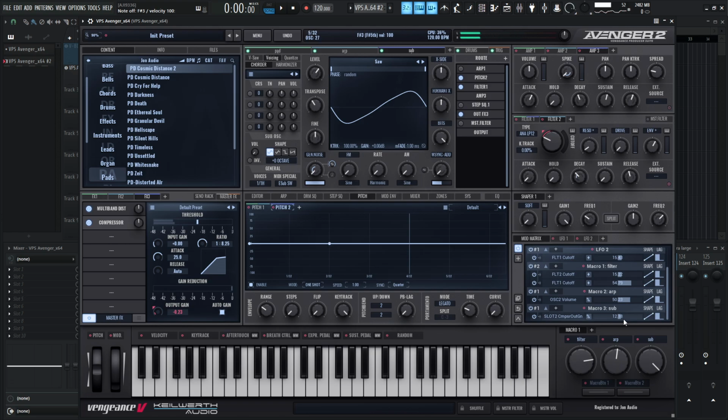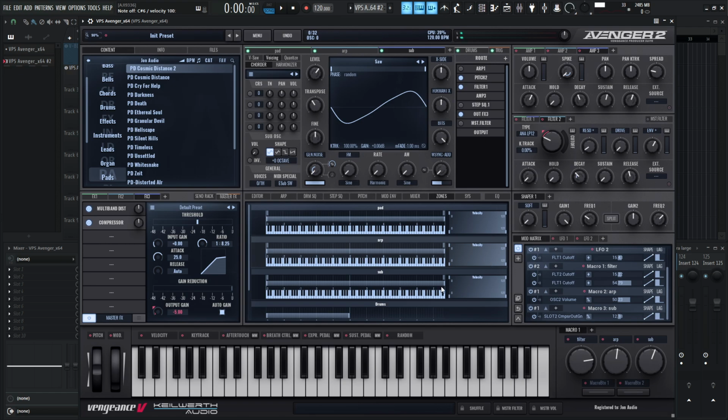So that might be kind of cool, and maybe bring this down a little bit. That might be too much. So now something to think about. If we hit notes higher up, even though we're on a sub, we still have that low end, that sub on those higher notes. So what we could do is go down to our zones, and let's say maybe here, I don't really want it to play past that, or even there. So something like this, we don't hear the sub. So only once we play in the key zone,